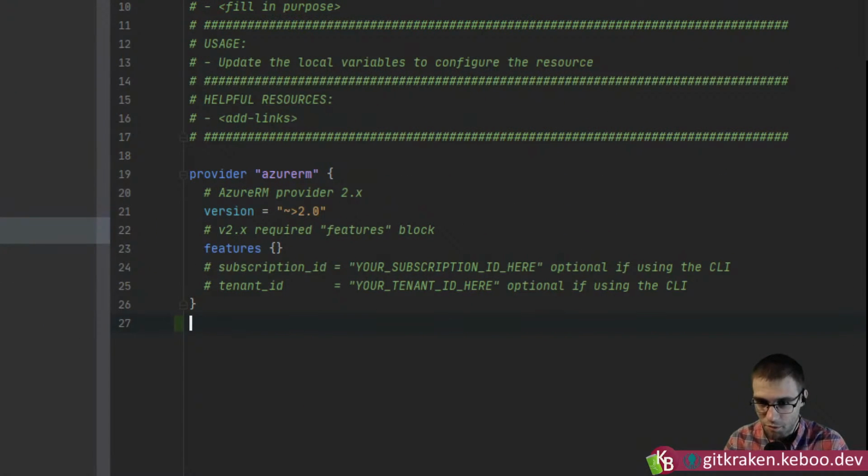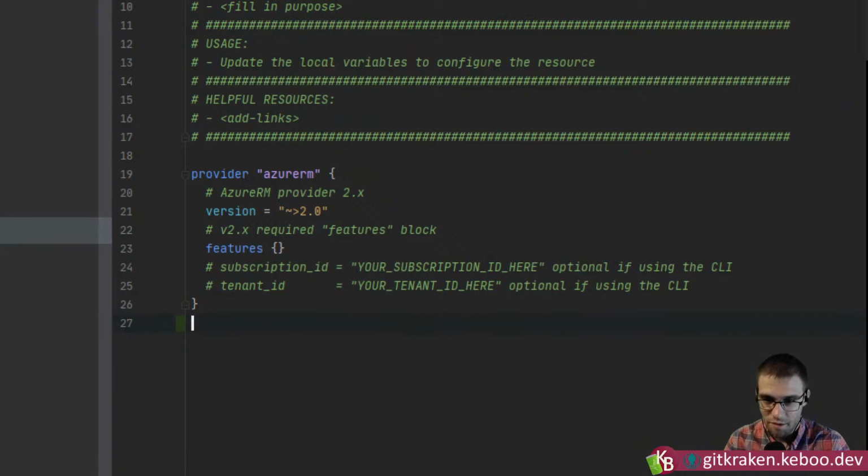Well, that comes back to this, right? If you had a dev and a test and a stage and a prod, depending on how you want to structure your Terraform. I was thinking, especially if we were talking about VNets, if you're doing peerings across VNets that maybe span subscriptions, right? That's a great case where you want your Terraform to manage those VNets in both subscriptions. But if you have a single provider, it's going to be pointed at an individual subscription. And so being able to declare multiple providers and then specify which of those providers. Because by default, if you only have one, which is by far the common case, it's just going to use that one. But yeah, you can have multiple.